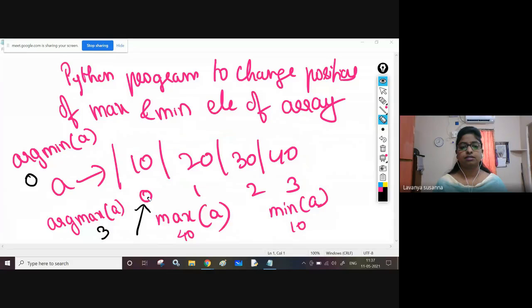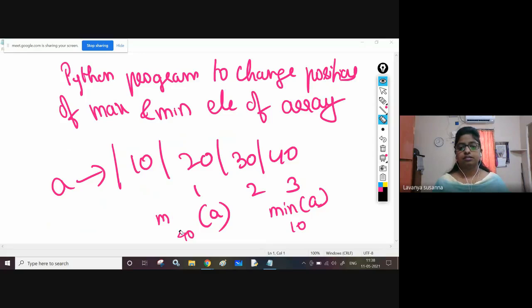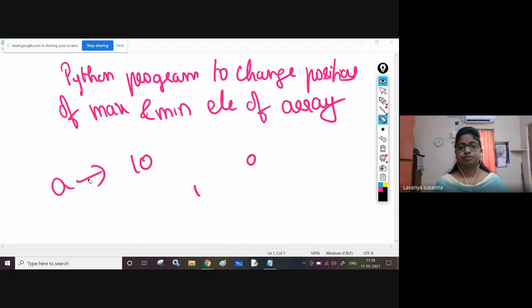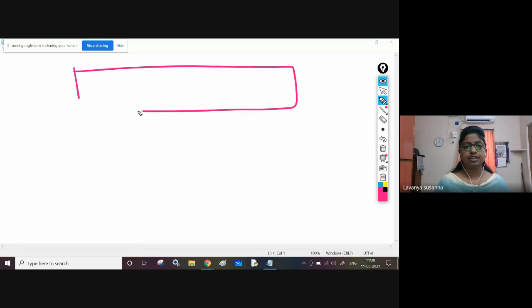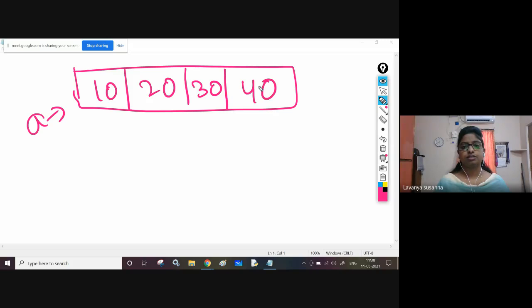See here. This is the input you are going to give: 10, 20, 30, 40, with indexes 0, 1, 2, 3.